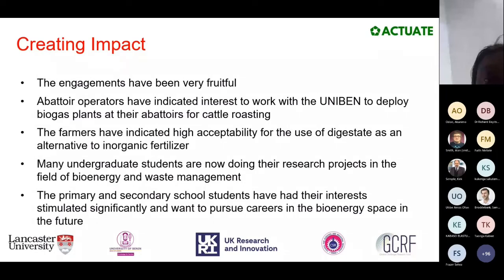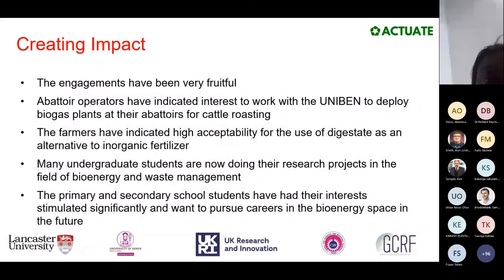The abattoir operators have indicated interest to work with the Uniben team to deploy biogas plants in the abattoirs. The farmers have indicated a high level of accessibility for the use of digestate. Many undergraduate students have indicated interest. In fact, many of them want to do their research project in the field of bioenergy and waste management. Even the secondary and primary school students have indicated interest, and that they want to pursue careers in the bioenergy